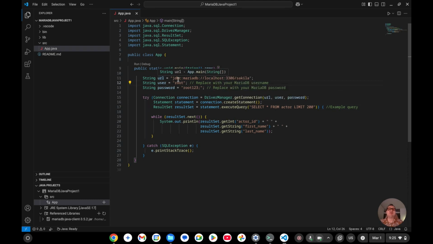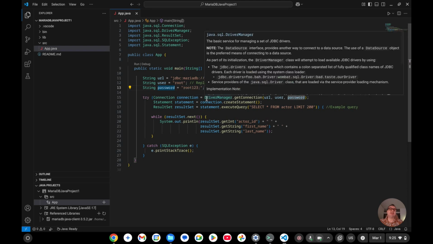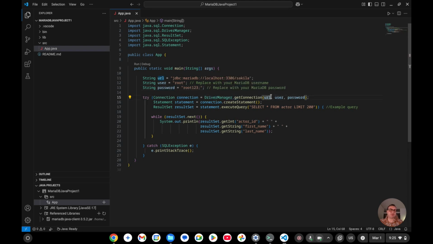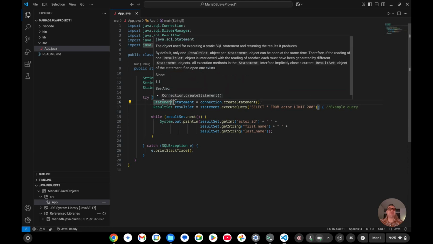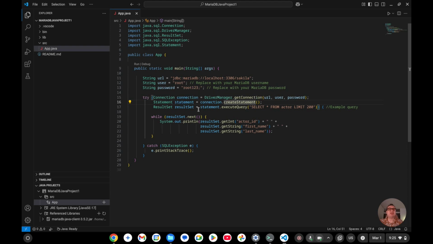So as a URL, we use JDBC MariaDB localhost 3306 Sakila database, similar to the Windows and Mac OS machine. We have user root, we have password root123, and we try to connect to MariaDB using this driver manager, and driver manager is going to use this URL, this username, and this password. And then we are going to create a statement using this connection, and then we are going to set our result set using this static select statement,